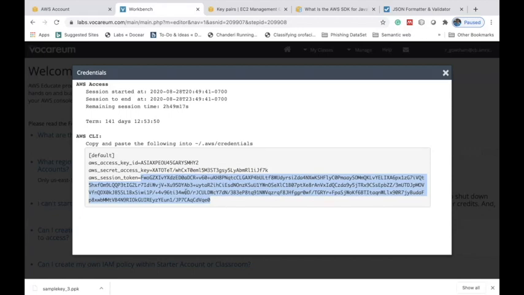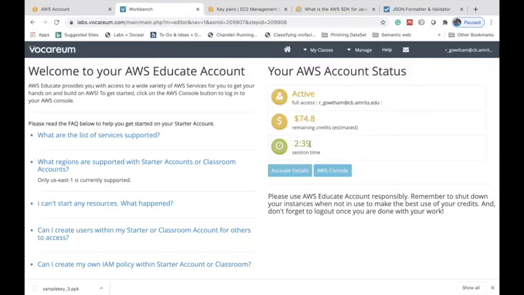Moreover, these credentials, the AWS access key ID, AWS secret access key, and the session token, are valid only for 3 hours. Once this time expires and you refresh it, you will get another 3-hour slot.